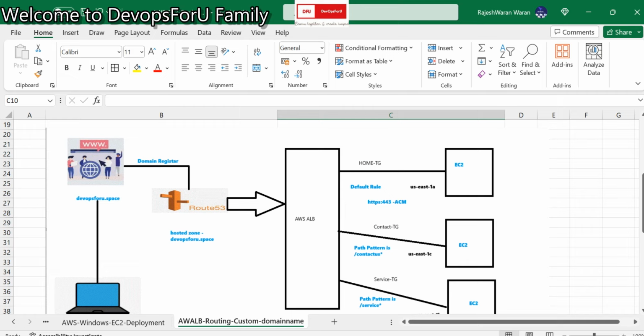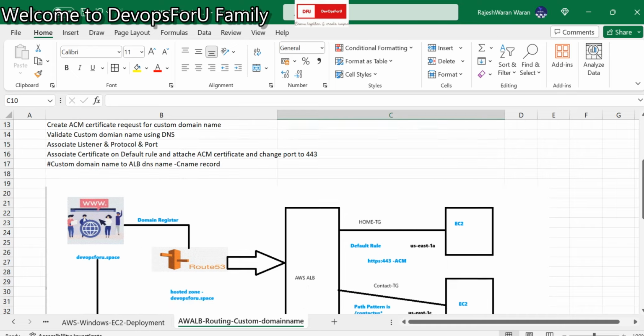From there we have a hosted zone, and in that I created a CNAME for the load balancer, the ALB. Once it lands on the ALB, we have the listener and the port. Based on the target group, the port and the rules, the traffic gets routed. This is just a simple flow, but I'll have a detailed video, a walkthrough of each and every command and how this was created,